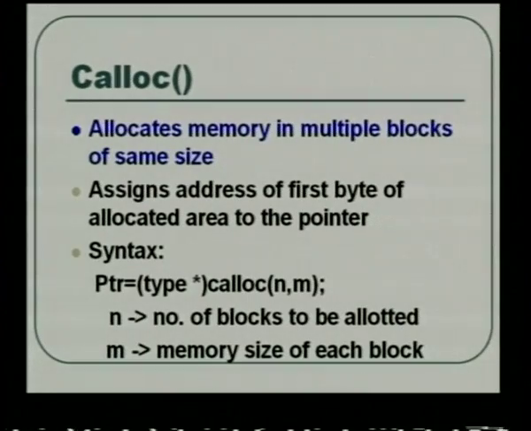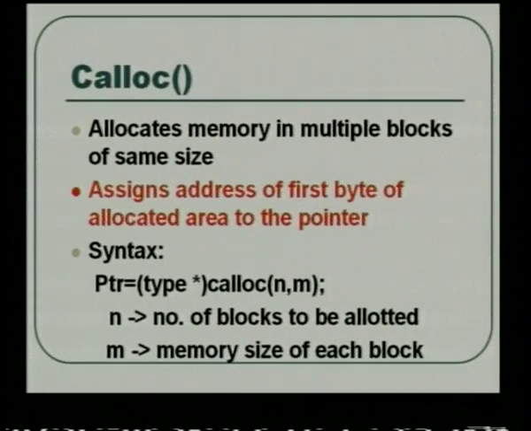Now, the calloc function works slightly differently. This also allocates memory, but in multiple blocks of the same size. In malloc it allocates one full block for the maximum size. This allocates multiple blocks of the same size. So, instead of allocating 20 bytes as one continuous block identified by the pointer, it is identified by the compiler as 4 blocks of 5 bytes each or 5 blocks of 4 bytes each, which totals up to 20, but each block is identified individually.